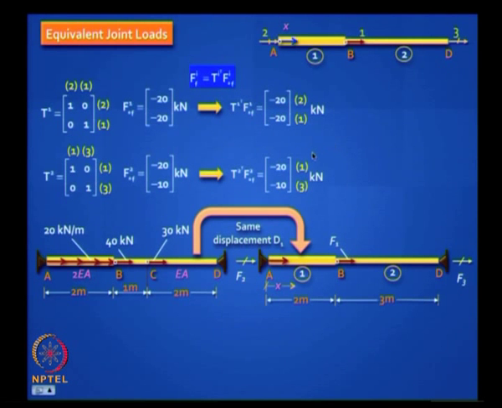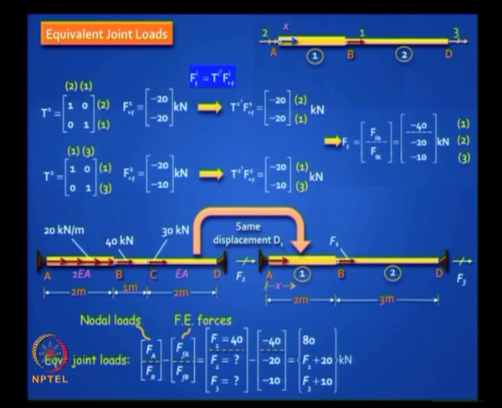With the help of these two, can you identify what your fixed end force vector is? At the coordinate 1, these two will add up, that is what you are doing in the slot wise pushing, and at 2 and 3 it is known. So you can use these two and get your fixed end force vector. Does this make sense to you? That is it. Now this is what you do. Your actual problem is, you have the original nodal loads, you have now the fixed end forces which you now need to oppose, then only you will get equilibrium satisfied. So you put a minus there, these are called equivalent joint loads.